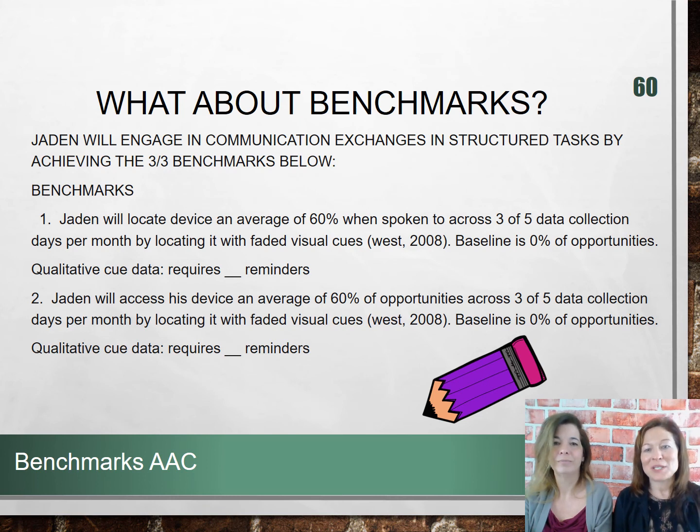We get asked questions about how to use the SMARTER acronym with alternative assessment students who need benchmarks. And this is going to be a little bit of that information. So you can see how we have the long-term goal at the top, and then we list out the benchmarks underneath. One of the ways you can do that is in your long-term part, you can say achieving 3 out of 3 of the benchmarks below, or achieving 1 out of 3 or 2 out of 3 if you want to give yourself some flexibility. So this is just an example for you to look at how we lay that out.